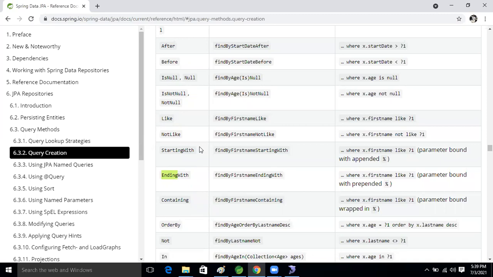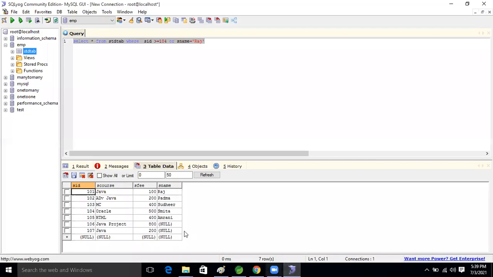Okay, guys, so ends with and starts with. Padma is there, right? If we take Padma, the P letter is first and the A letter is last. If I take the letter A, our database will scan where the end letter is A, before that whatever data is there, no worry about that.